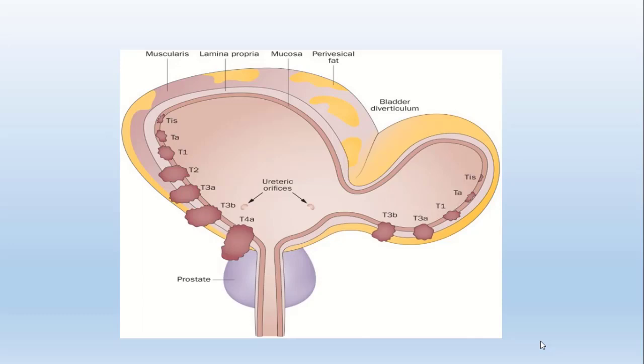But if there is a suspicion, what you can have is something called brushing, and that is barbotage of the diverticulum. The second thing is you can have the specimen for cytology or cytological study. The other thing is you have to have the imaging done, particularly for diverticulum. So if it is positive, then it is better taken out externally, that is diverticulectomy, rather than internally, endoscopically. So I'm talking about diverticulectomy. It's a separate subject. It is a subject which is less understood and less addressed, but it is very important.